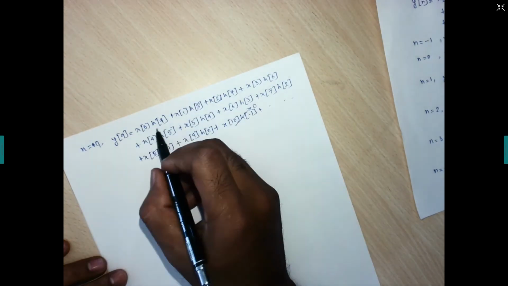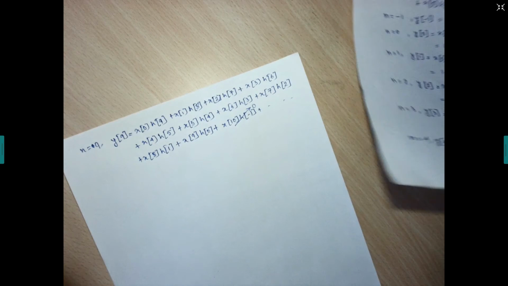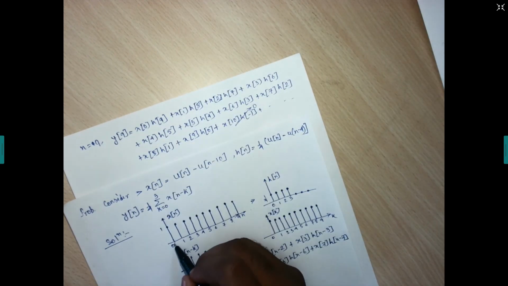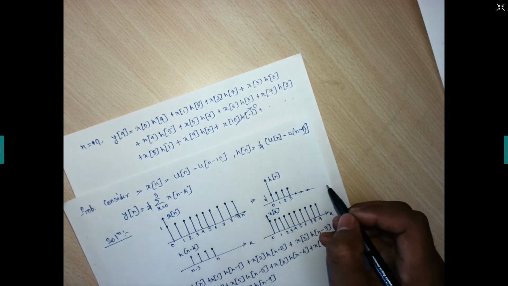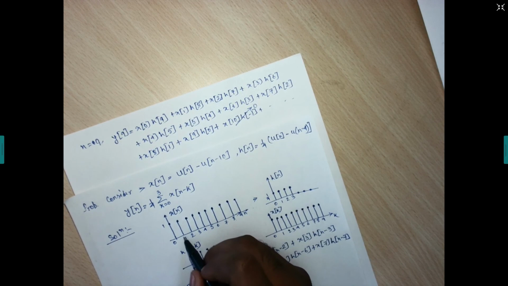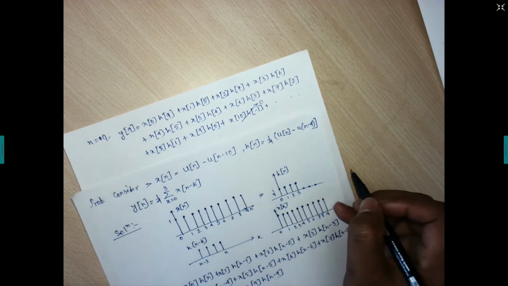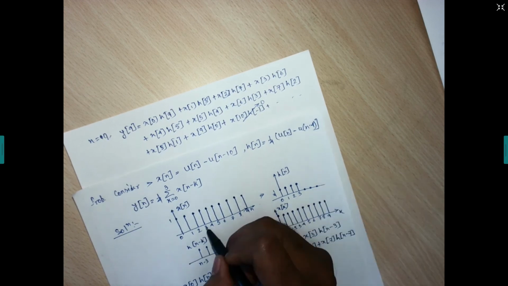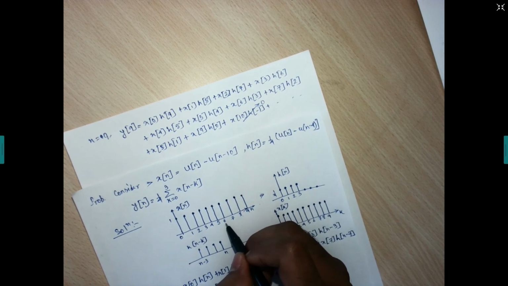Let's have a look at the interaction, or the mapping of the samples, and how it exists. If we draw it like that, x of 0, the sample in x[n], has the interaction with h of 9, right? On h of 9 it is completely 0. Now the sample at n equals 1 has the interaction with h of 8, and it is 0. Then 2 is with 7, 3 is with 6, then 4 is with 5, 5 is with 4, and